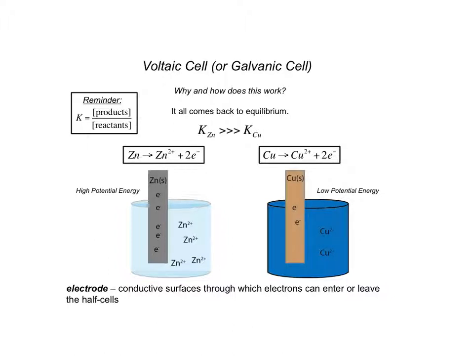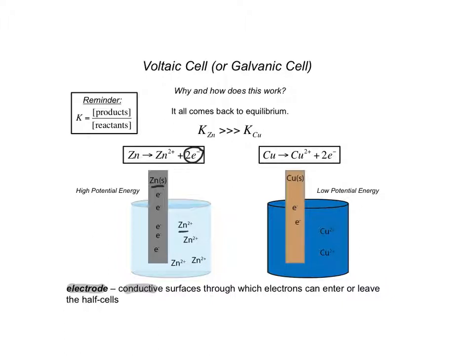So if we put zinc solid in a solution, just any type of solution, it will have a tendency to ionize on its own, meaning give up its electrons and form its little zinc 2+ ions, okay? If it's by itself, just alone, it's going to do that and it's going to come to equilibrium, right? When it comes to equilibrium, all of those electrons that it essentially lost in this ionization reaction are going to be stored on what we call the electrode, right? So the electrode is a conductive surface. This tends to be the actual metal of the reaction. But again, it's going to be the conductive surface by which we have electrons either leave or enter our cells,